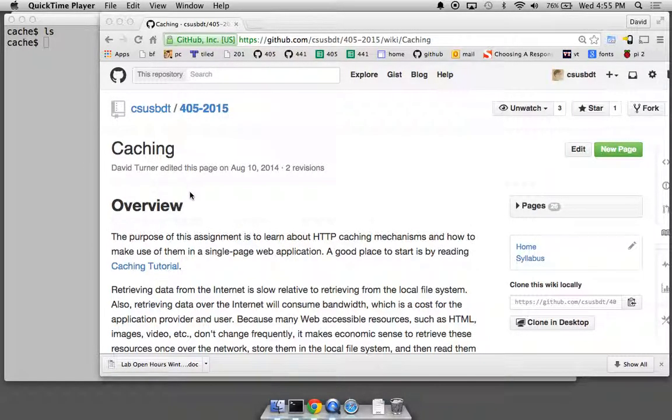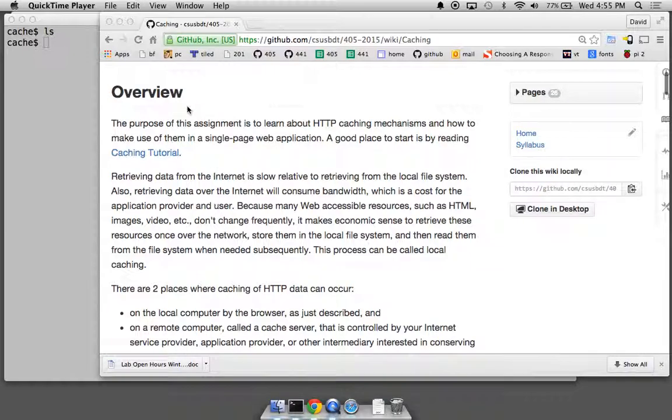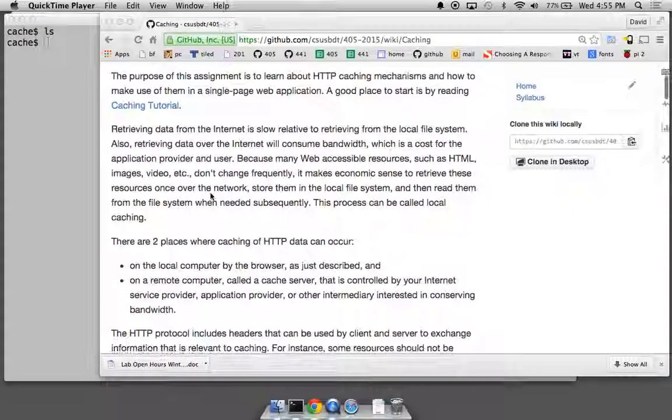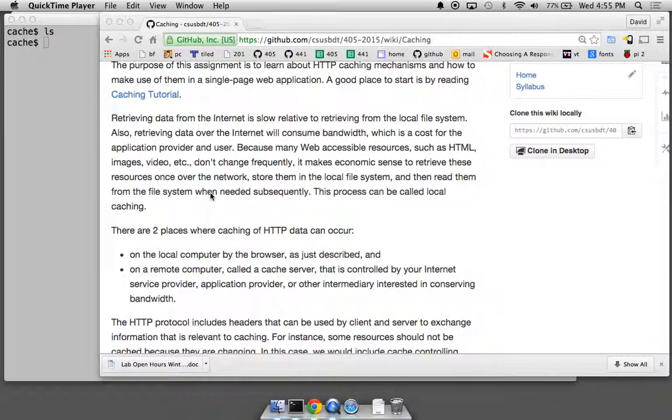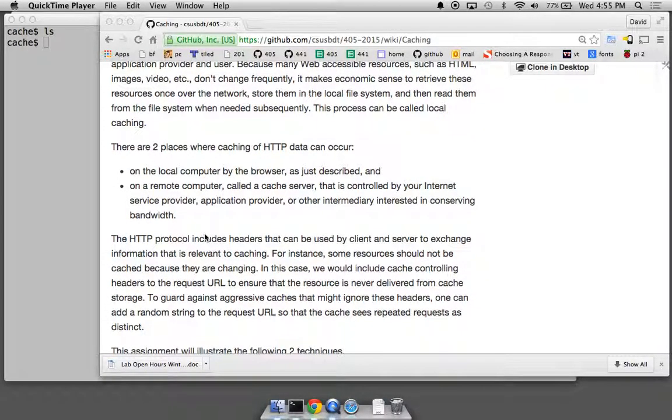All right, so what we're going to do now is look at the caching assignment. And there's some business here in the beginning that you should read. So stop the video if you're listening to the video and read that. And it talks about where caching